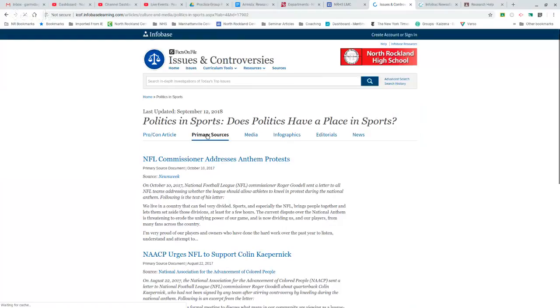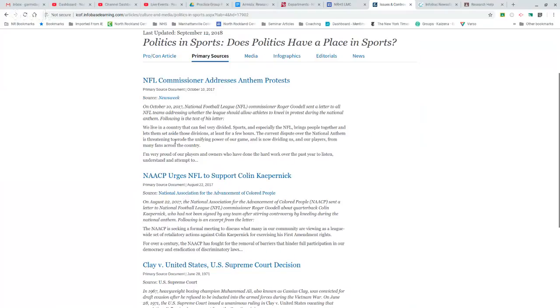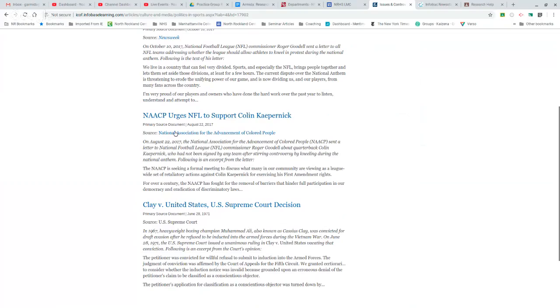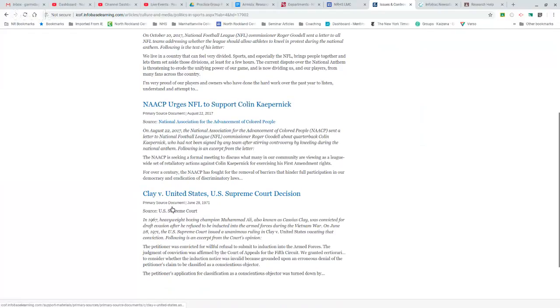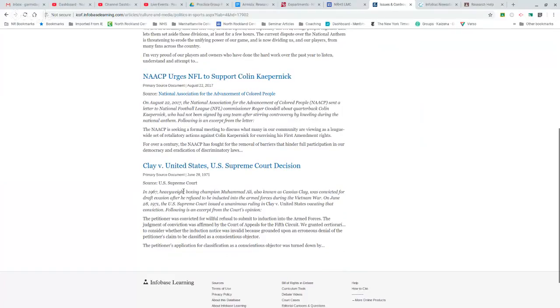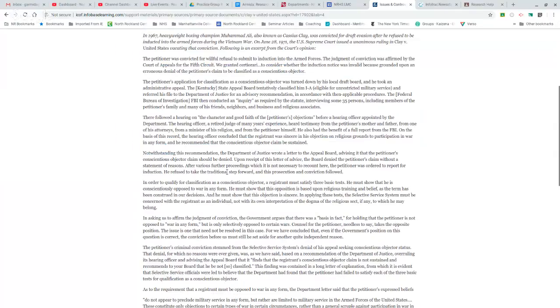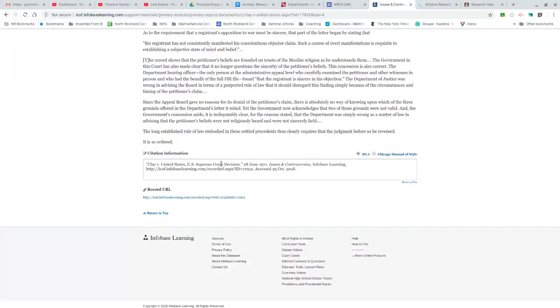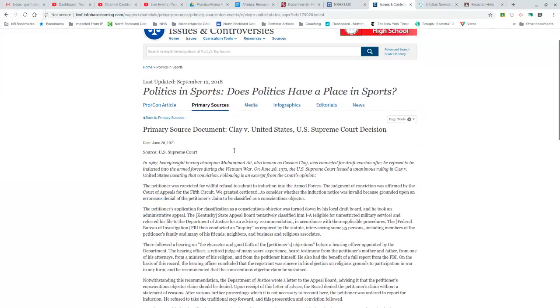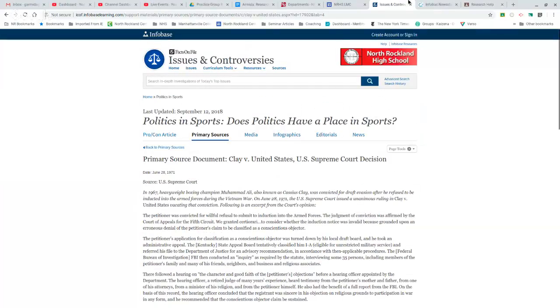Okay. And again, these are curated from really good places. The National Association for the Advancement of Colored People would be a great source for you to use. This one, a Supreme Court document. Those are the kind of sources you're looking for. So if you click on it, you can actually read it. And again, there's your citation, and you can do all of those things. Okay. All right. So I think we've covered everything